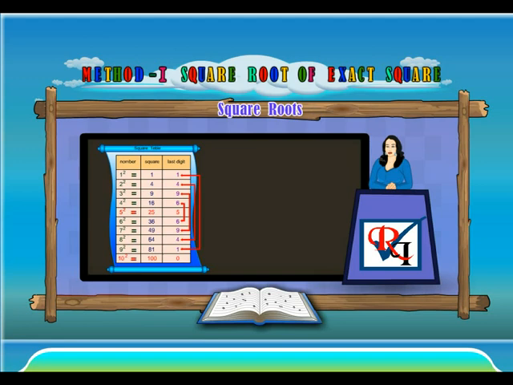I hope this is a simple way to help you memorize this table, and once you get it, then it's very simple to find the square root of any number. Now we are going for the examples. Our first example is